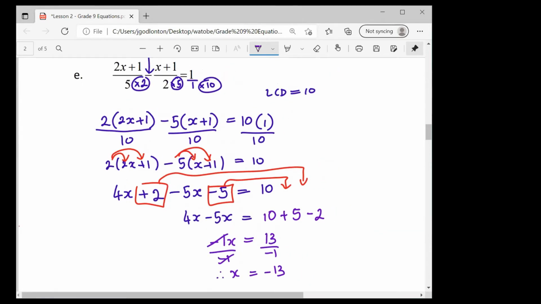Okay, so it's a lot of working for the question, but these questions are worth a lot of marks. So every step that you're doing, you would land up getting marks. And so they're worth really doing slowly and carefully and making sure you're happy with what you're doing.